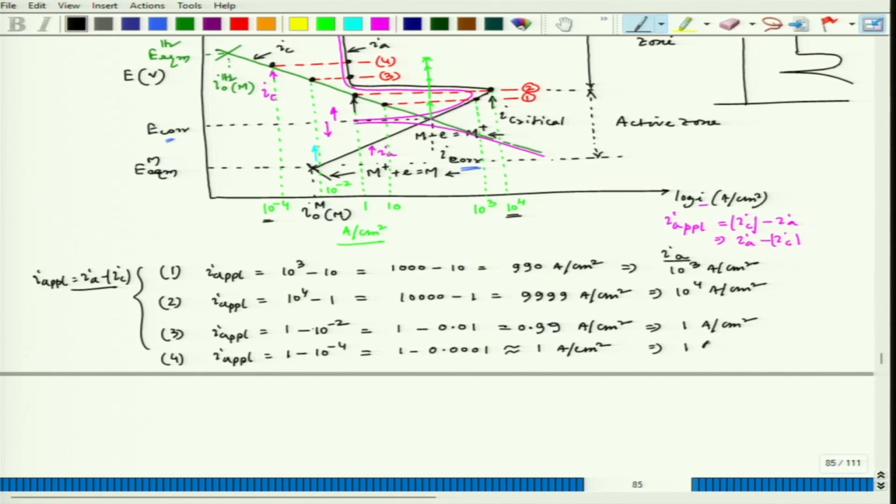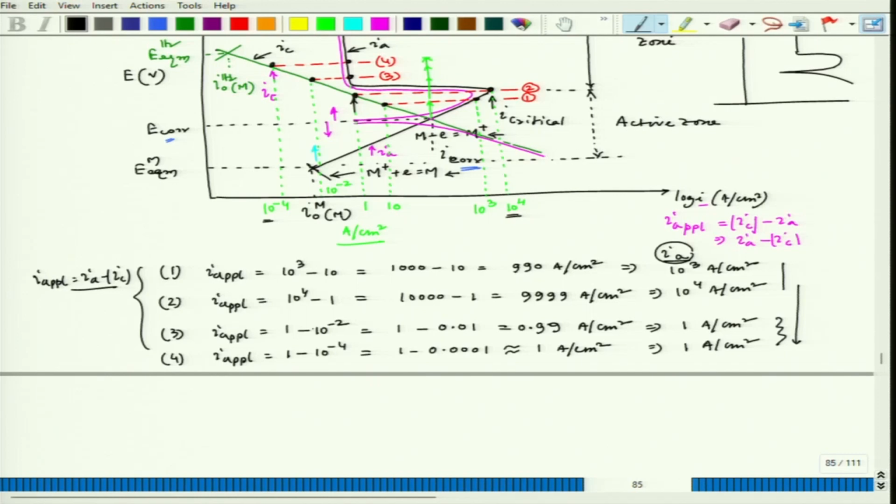Here it is also 1 ampere per centimeter square. Now, we could see that the current density corresponding to dissolution rate, which is nothing but IA, suddenly drops by a great magnitude to the level of 1 ampere per centimeter square from 10 to the power 3 or 4, orders, once I take this polarization to the passive zone,